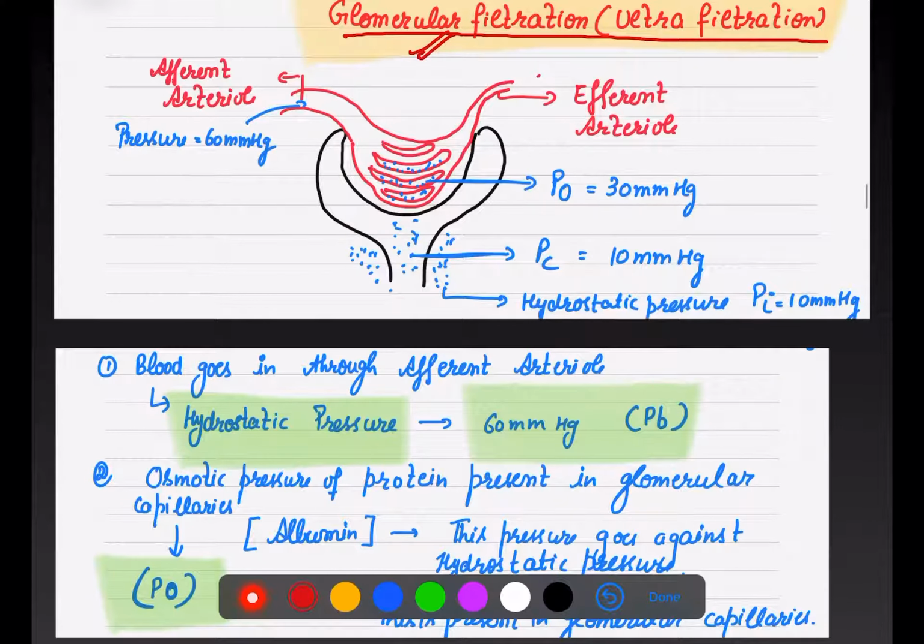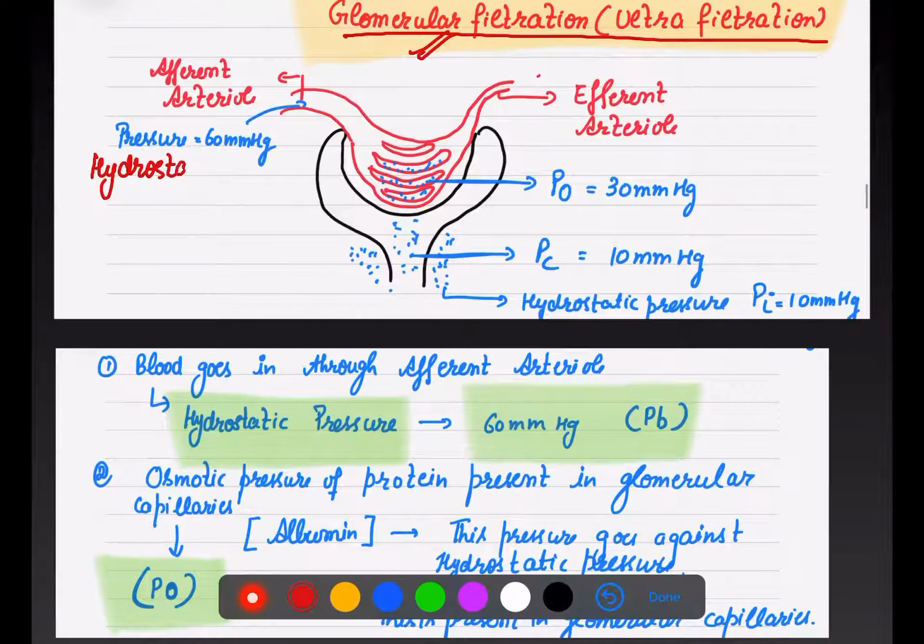Now let's look at this. As you are very much familiar with this diagram, for our understanding of different terms we have to draw it again. So here these are our capillaries, this is the afferent arteriole which is coming, and this is the efferent arteriole which is leaving. Now blood is entering through the afferent arteriole with a pressure, because the pressure exerted by a fluid is known as our